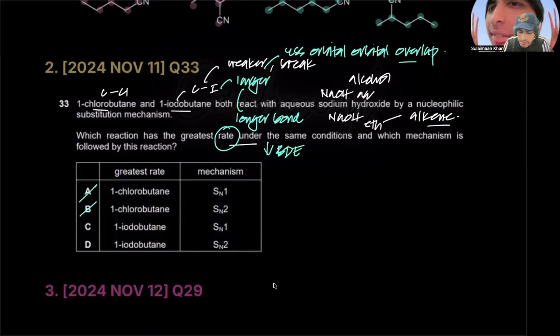Now, what would it undergo? Would it undergo SN1 or SN2? Because it is 1-chloro and 1-iodo, that means what? That means it's a primary haloalkane. It's only connected to one alkyl group. See, meth, eth, prop, but, and it's 1-iodo, right? So I'll add an I here. And so what that means is, this carbon is bonded to a halogen atom and it's bonded to one alkyl group. So this fella is a primary haloalkane, and primary haloalkanes undergo SN2 mechanism, because